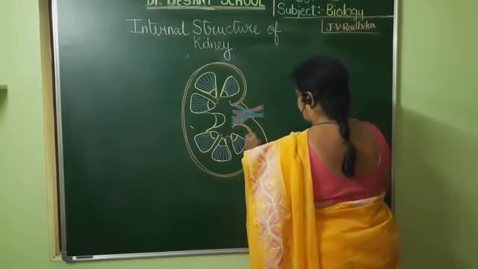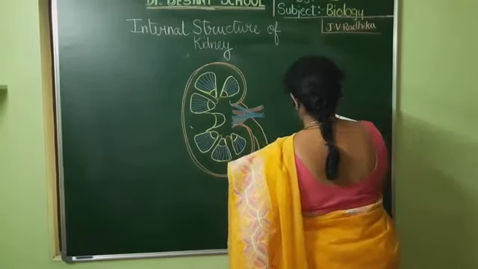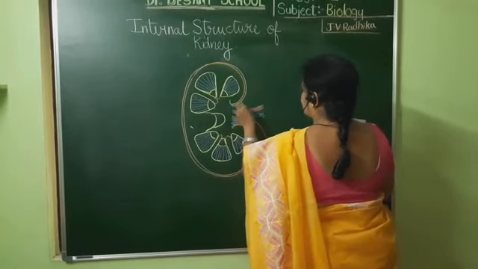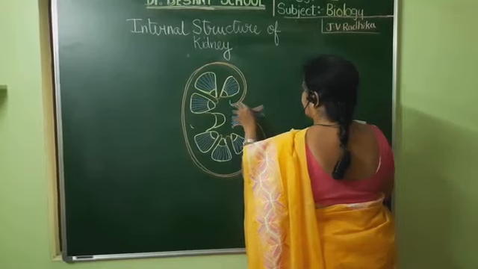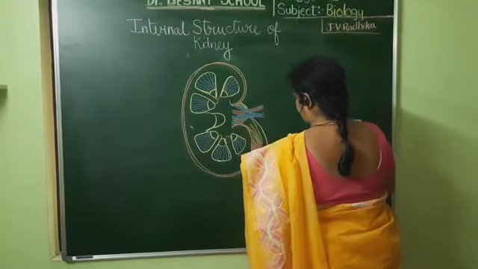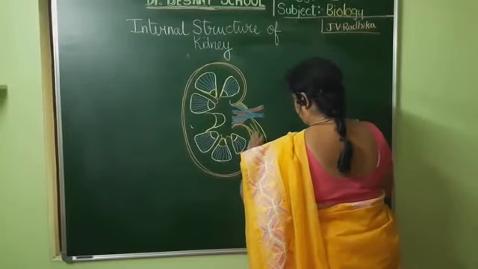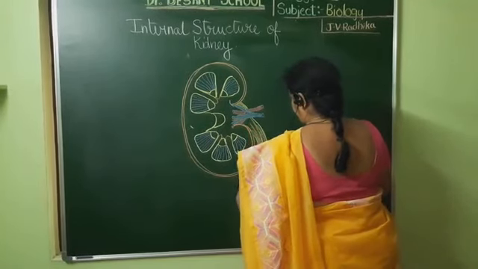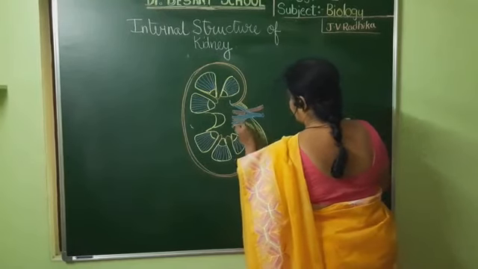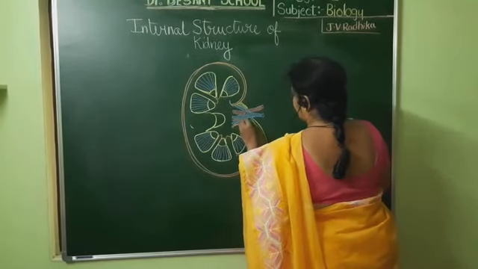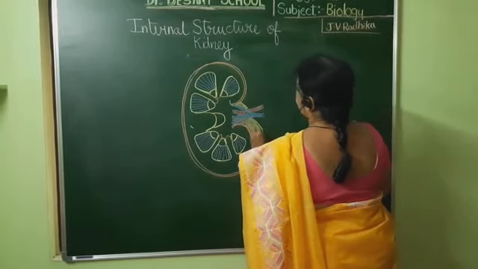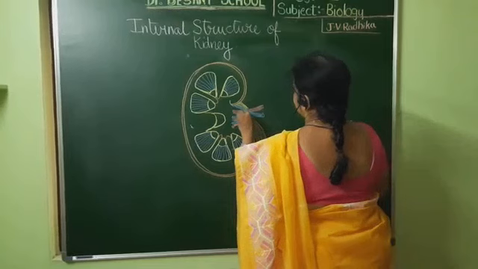Yes, it is the pair of ureters. I have not drawn the ureter. So here I have drawn the ureter. This ureter is collecting the urine from the renal pelvis region, coming out, and it joins the urinary bladder. So this is the region where these all are coming and joining. Very good. Here you can see this part.